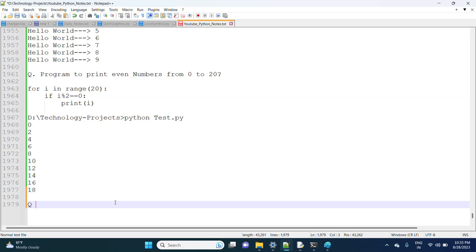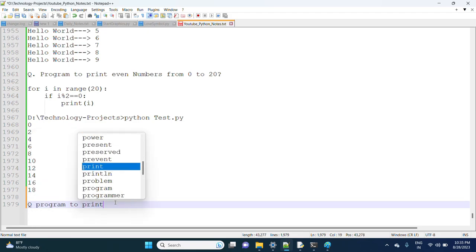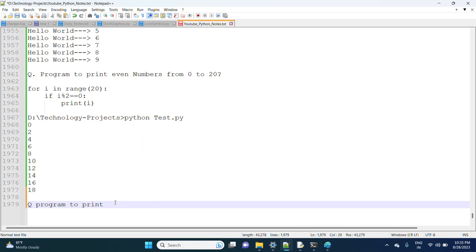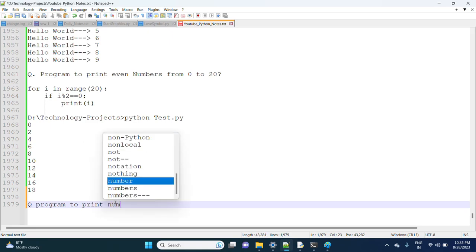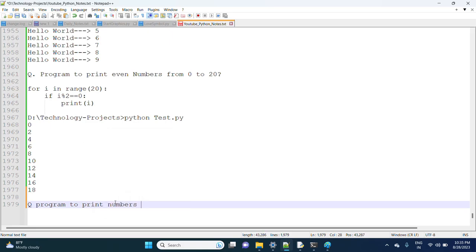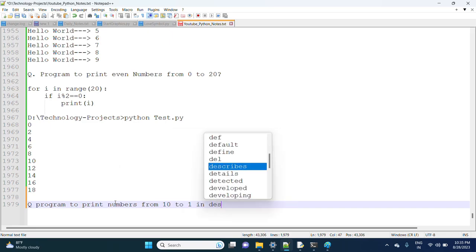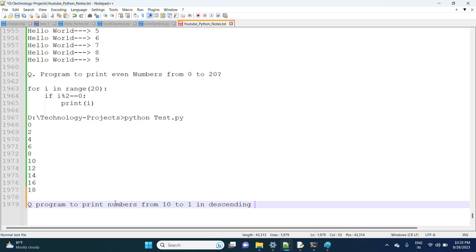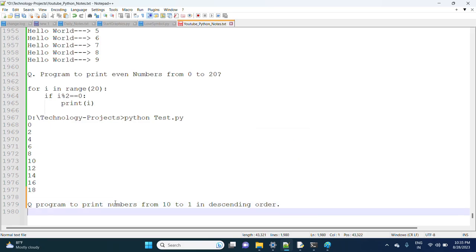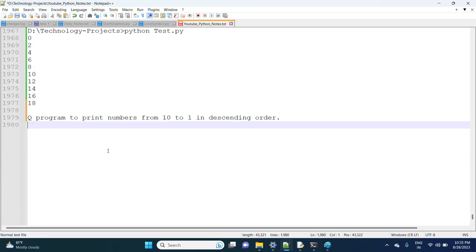So, program to print numbers from 10 to 1 in descending order. Program to print numbers from 10 to 1 in a descending order. Okay, so